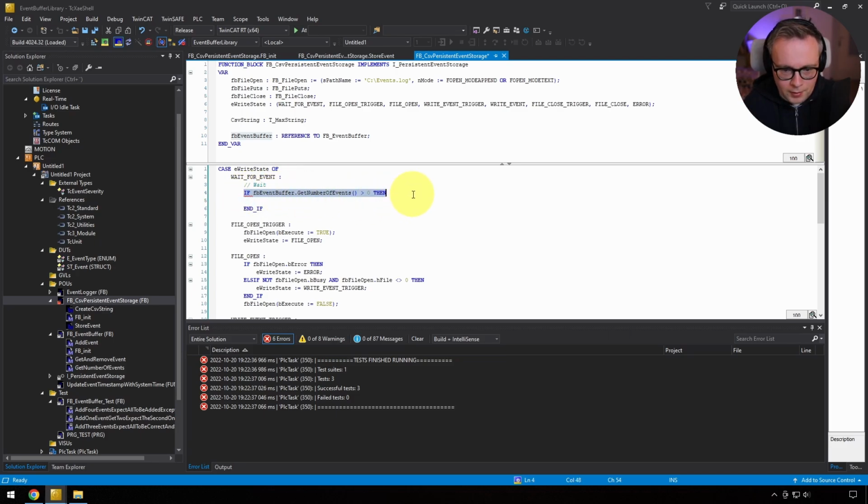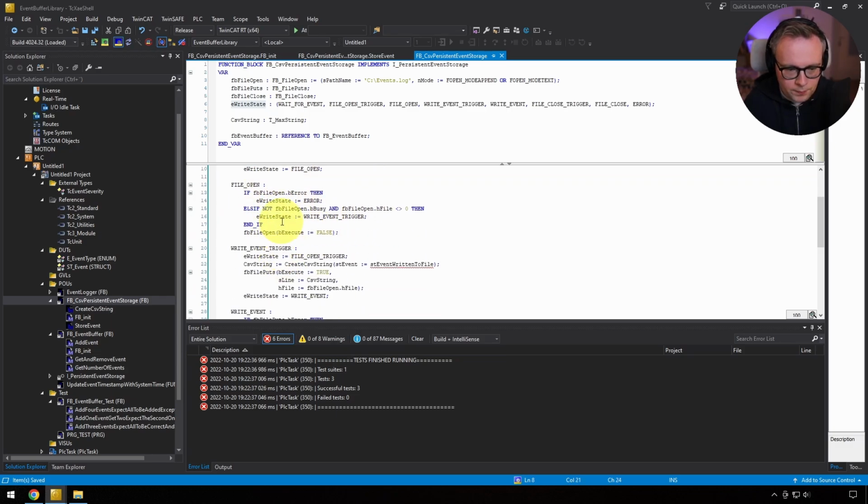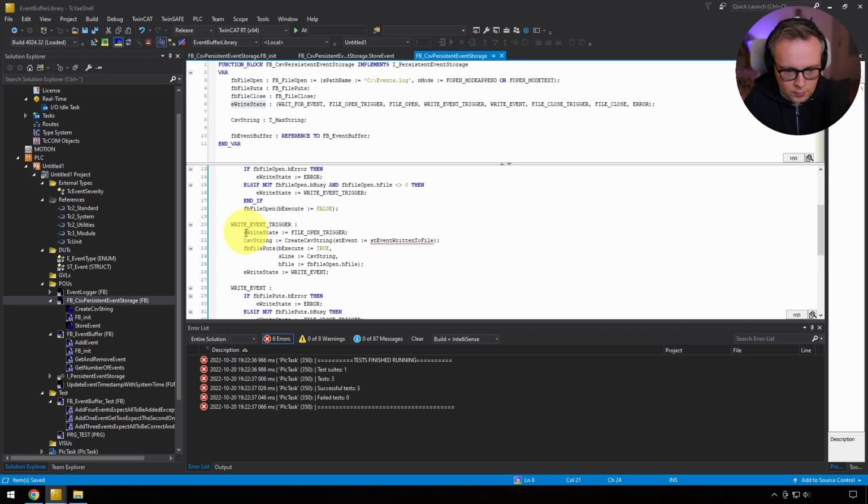When someone adds an event to our CSV persistent event storage, then this function block should detect it and start to write it to disk. So the next thing is that the eWrite state here should then go to file open trigger. So the next state, the one under here, then we open the file, blah, blah, blah. Then we get to write event trigger.